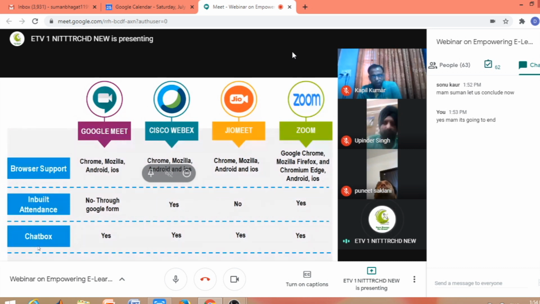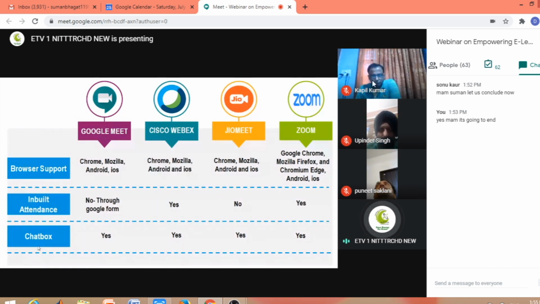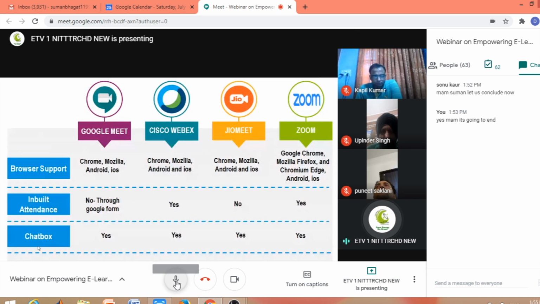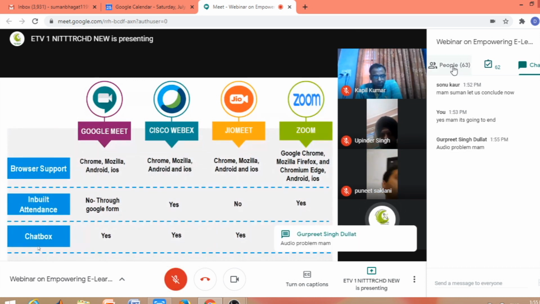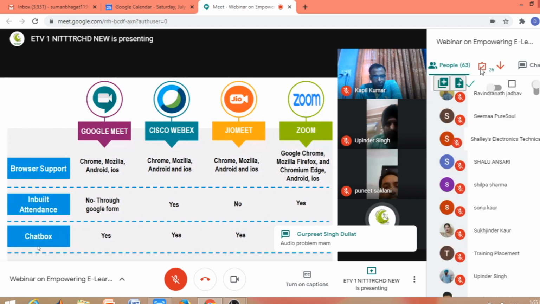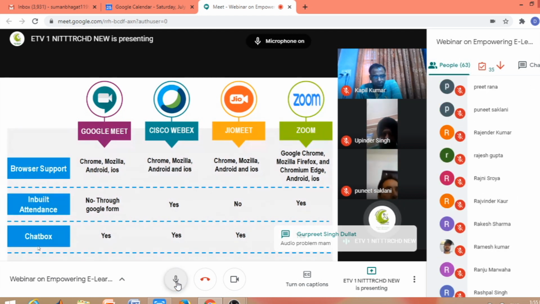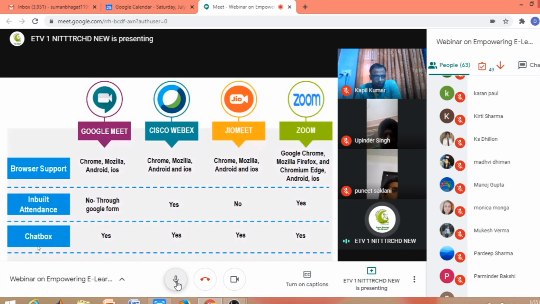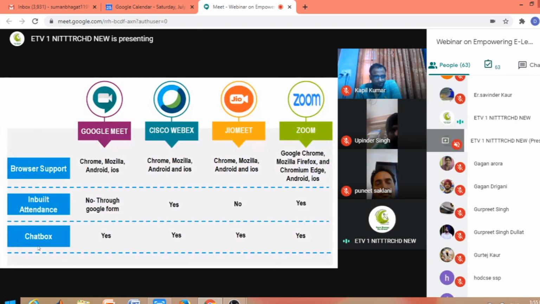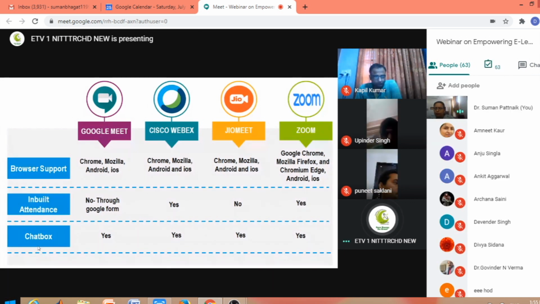The browser support: Chrome, Mozilla, Android. You cannot use Internet Explorer in Google Meet, because if you're using Internet Explorer, then you need to download the latest plugins for audio and video. Whenever you start the meeting from Internet Explorer, you need to download the latest plugins.